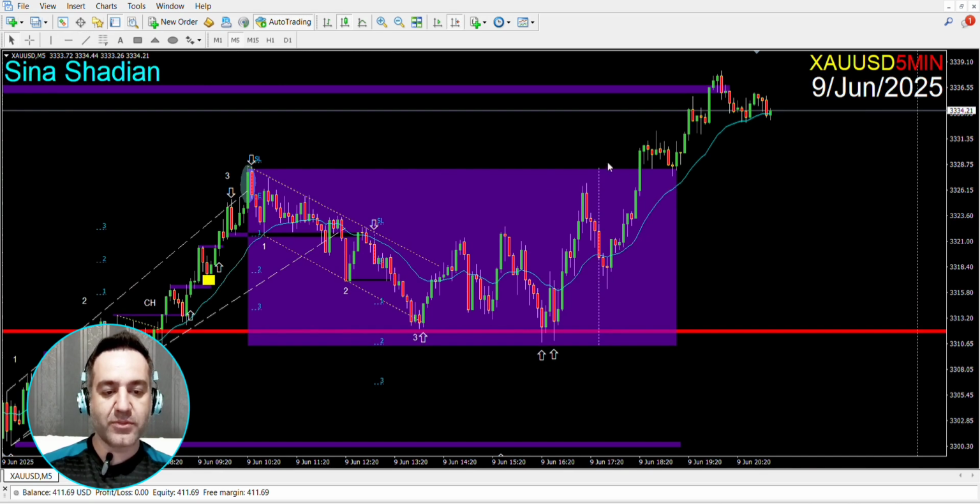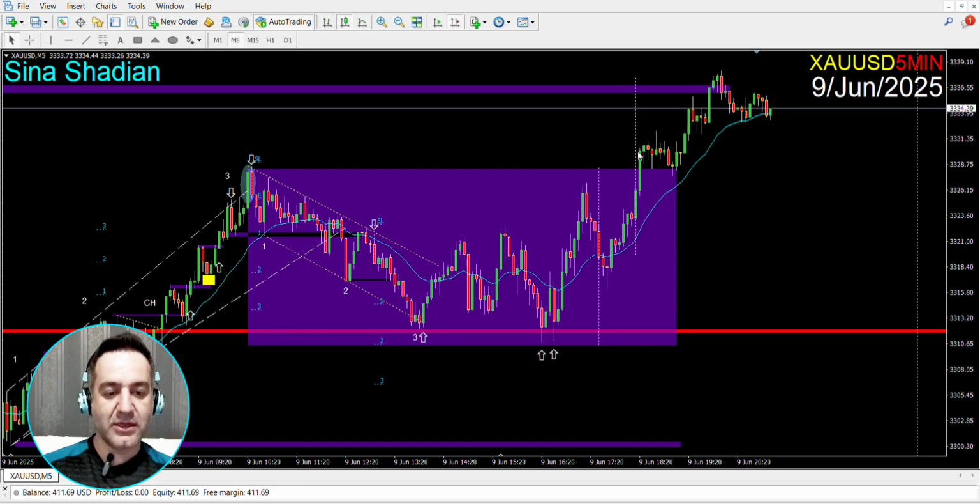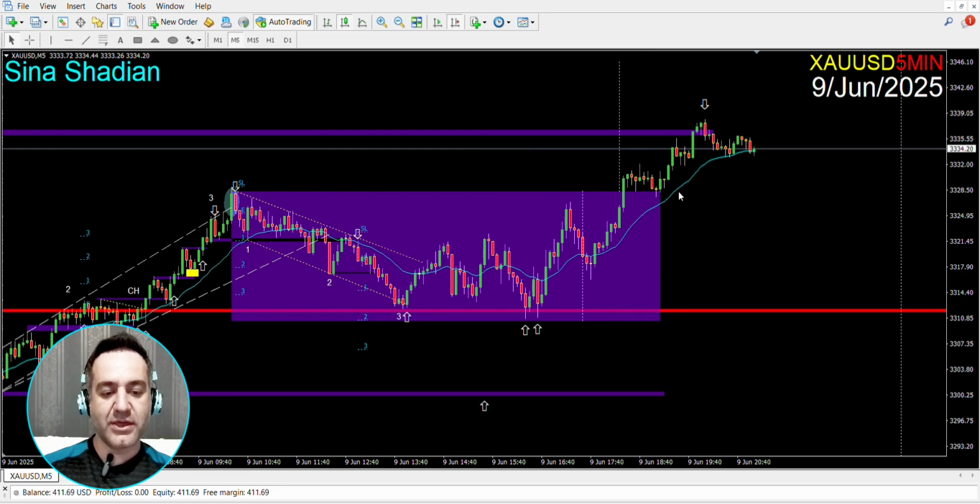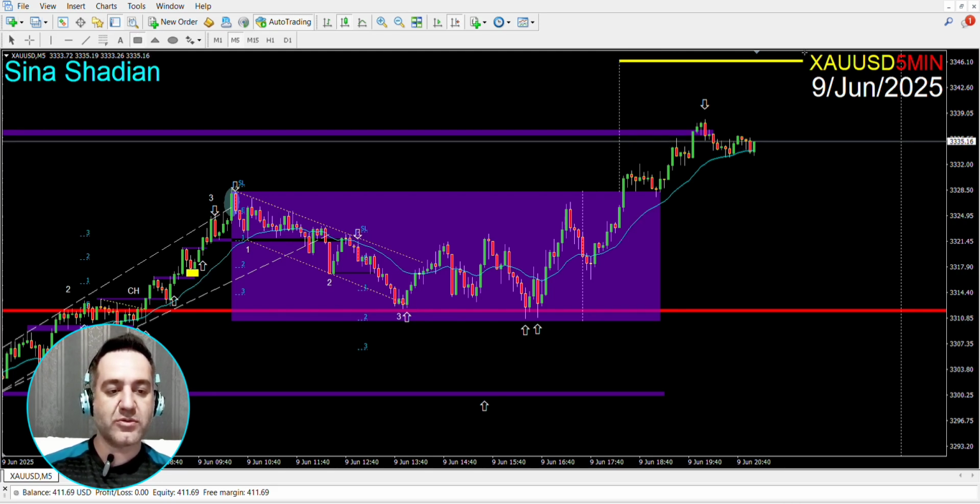I'm going to measure from the top to the bottom, and then I'm going to drag it from the breakout point, which is here, and see where the next possible target is after this trading range. And when the market touches this level, I'm going to see whether it is going to respond to this level or not. Right now we haven't touched this level, but I know that the market is in a bullish